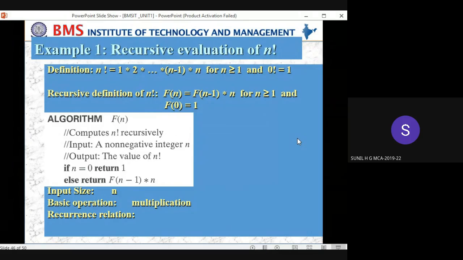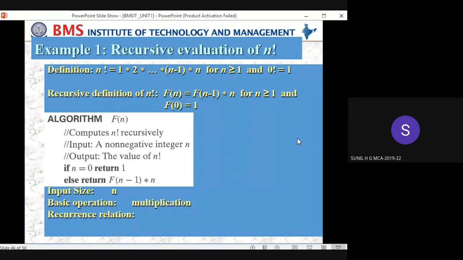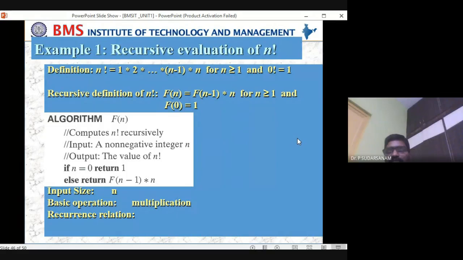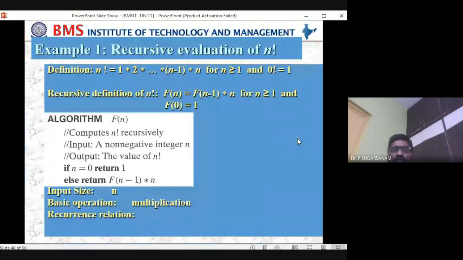120 is the factorial of 5. How will you calculate it? Tell me. 120, I know that. Like in reverse: 5 into 4 into 3 into 2 into 1. Yes, 5 into 4 into 3 into 2 into 1. So are you stopping anywhere in between? No, sir. So here is a recurrence relation, a recursive program, with best, worst, average cases.